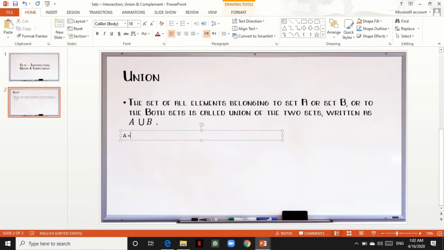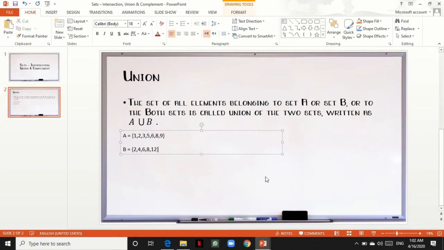A is equal to {1, 2, 3, 5, 6, 8, 9}, bracket close. B is equal to {2, 4, 6, 8, 12},